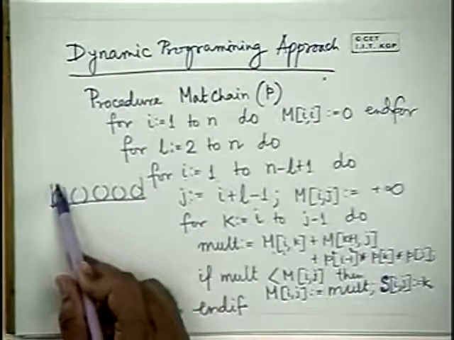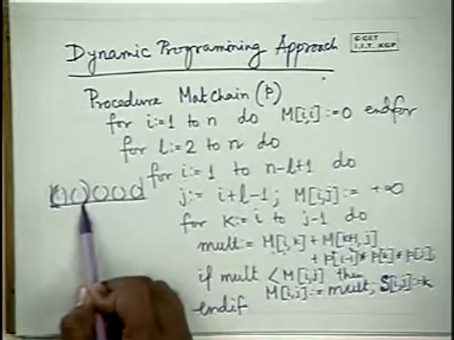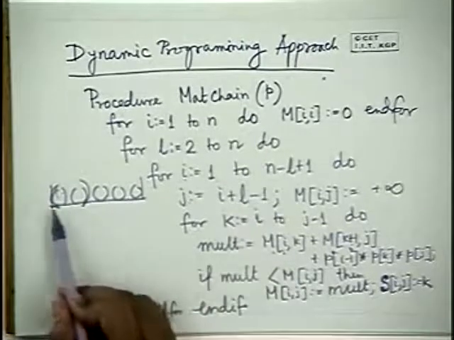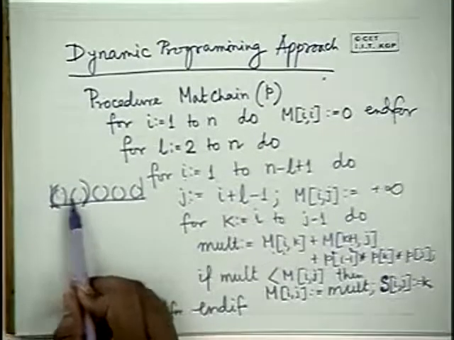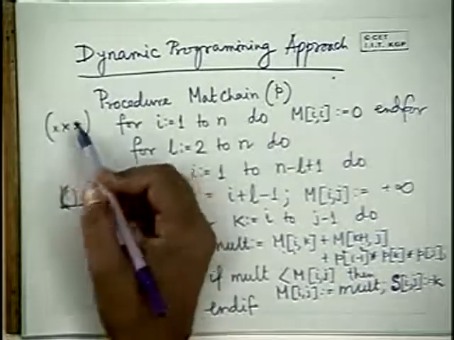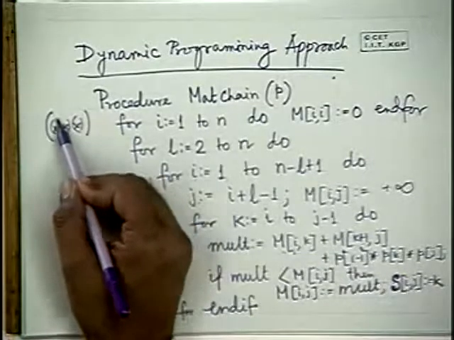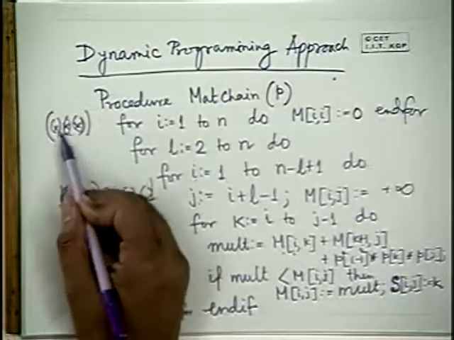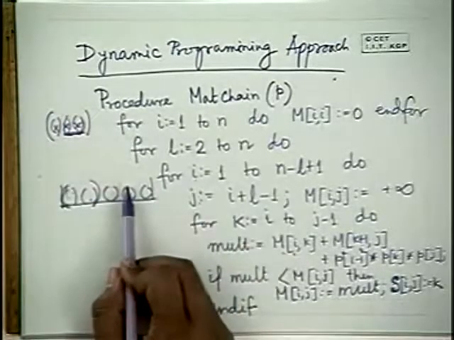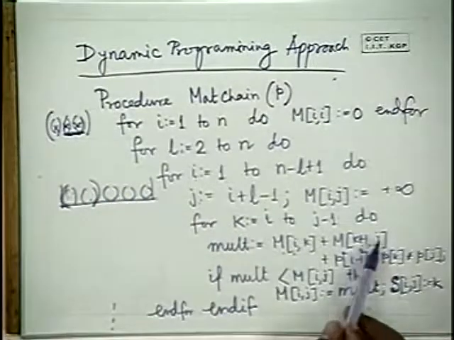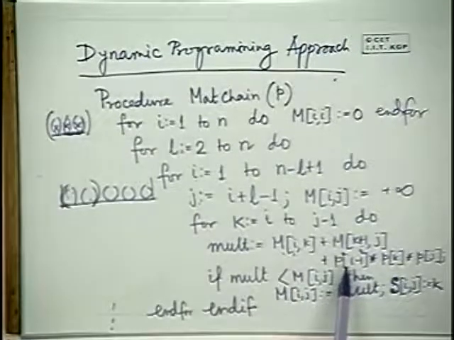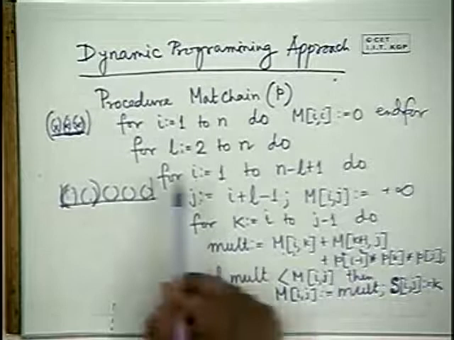When L becomes 3, then it is trying to take 3 together, all possible 3 in a sequential manner. Now while doing this 3, it's doing the parenthesization in 2 possible ways. Suppose you have 1, 2, 3. So either you can do this way or you can do this way. Now this way, this is already computed. The other also already computed and kept in the two-dimensional array M. So it's using those values and taking whichever is the minimum and keeping for this 3 what is the value. Okay, all possible 3 it's doing now.